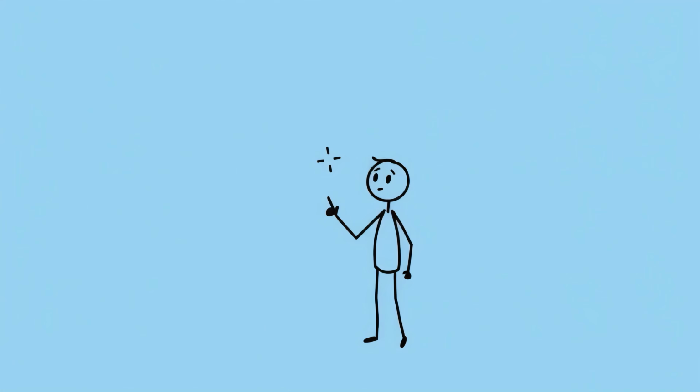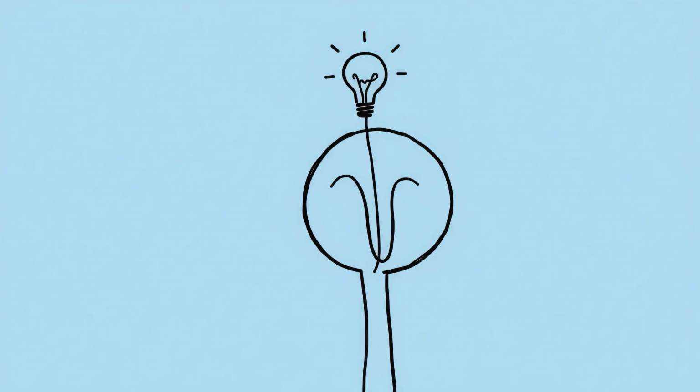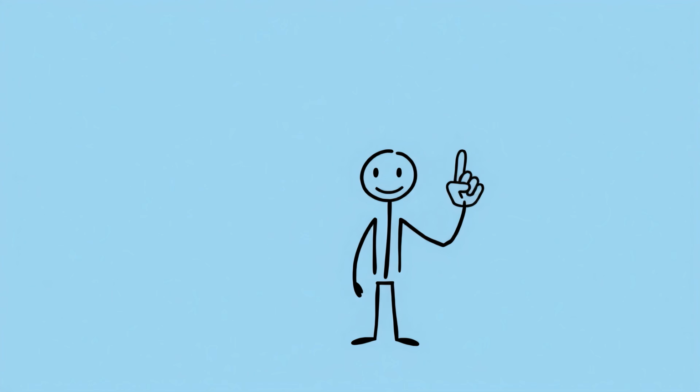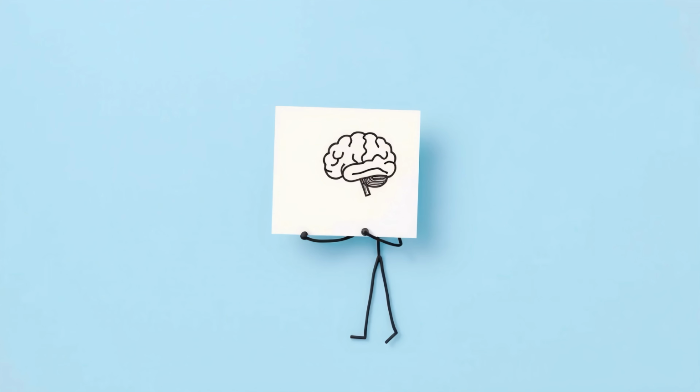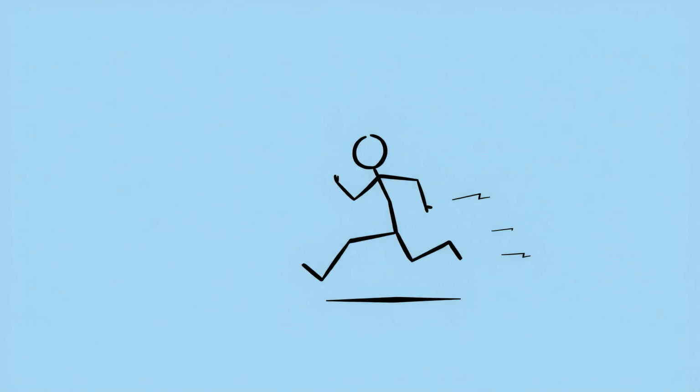Okay, so what if you could do one thing, just once, and permanently rewire your brain for focus? No apps, no supplements, just one protocol that hard installs focus into your nervous system for life. All right, I've spent months studying Andrew Huberman's protocols, digging through neuroscientific journals, elite performance routines, all of it, and